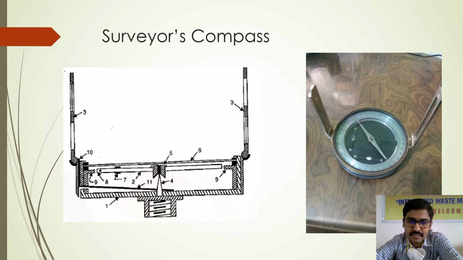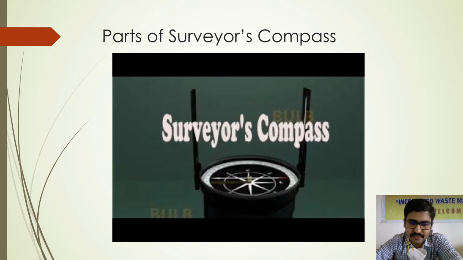So the surveyor's compass will come with the magnetic needle free from the graduated circle, and the graduated circle is attached to the box, and it comes with two vanes, one object vane and one eye vane, and it doesn't have any kind of prism, and readings are not read from the prism, readings are directly read from the top of the glass, right? Now just understand what different parts the surveyor's compass will have from this video.